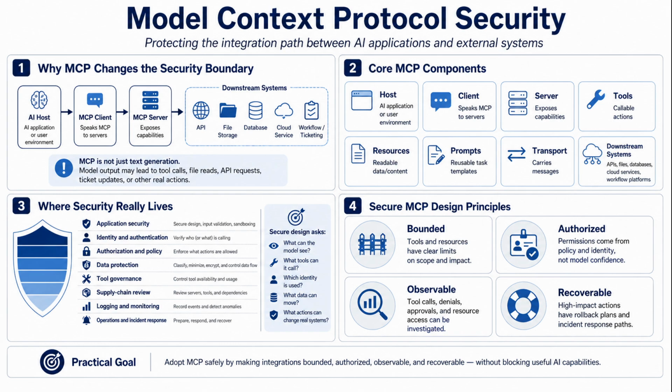Model Context Protocol security is about protecting the integration path between AI applications and the outside systems they can reach. MCP makes it easier for an AI host to connect to tools, resources, prompts, data stores, and services. That usefulness changes the security boundary. A model response is no longer only text on a screen. It may lead to a tool call, a file read, an API request, a ticket update, or another action in